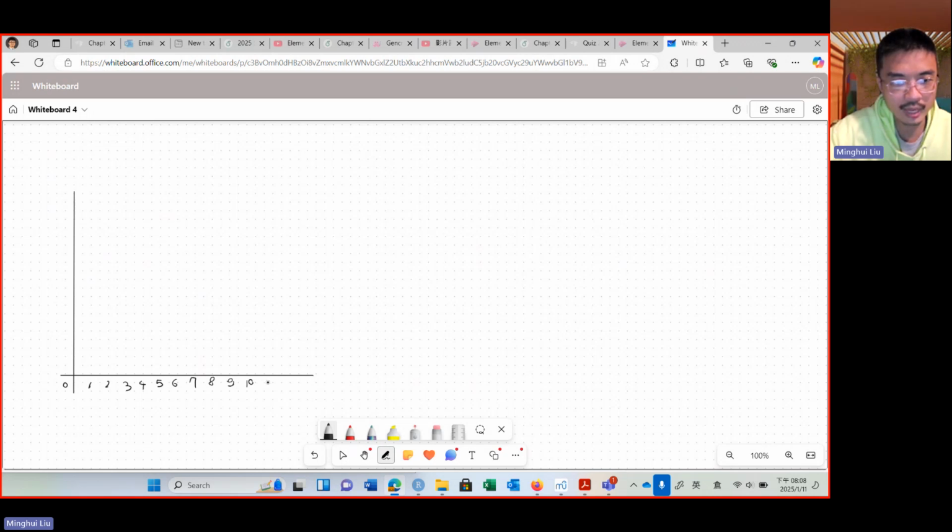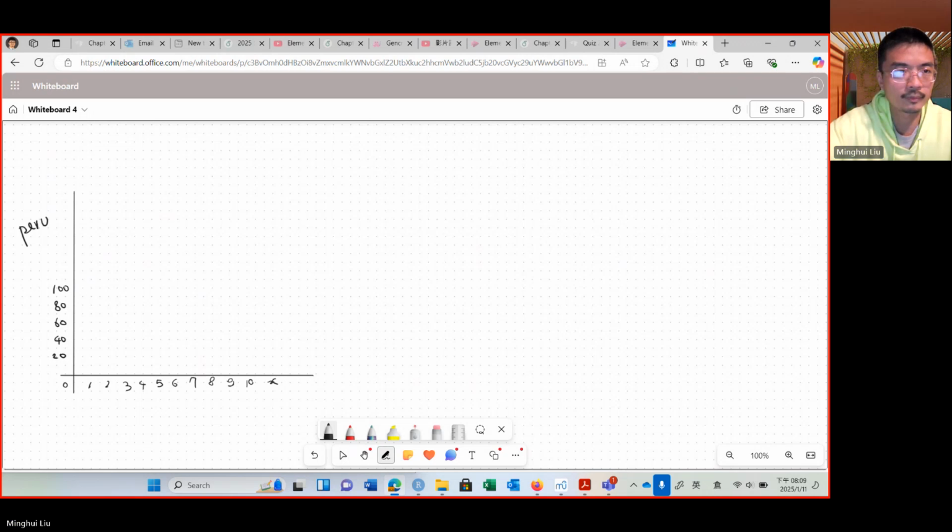And so this is our x-axis. And then for this one, we're going to do a percentage. So let's say this is 20%, and then 40%, and then 60%, and then 80%, and then 100%. So this vertical axis represents the percentage